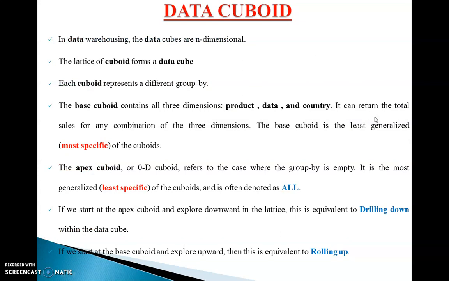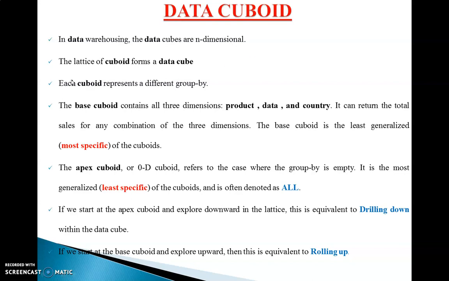Okay, so we'll see what are data cuboids. Okay, so cuboid is what? It is the same as your cube, but your length, width and height are of unequal measurements. In cube, L is equal to W is equal to H, that is length is equal to height is equal to width. Okay, in data cube. But in cuboid, it is not so.